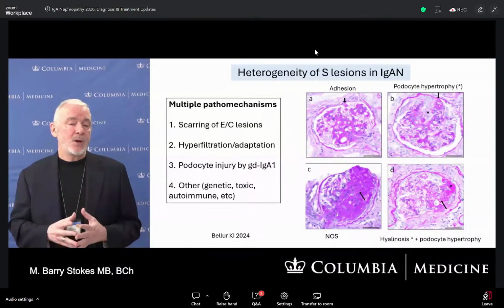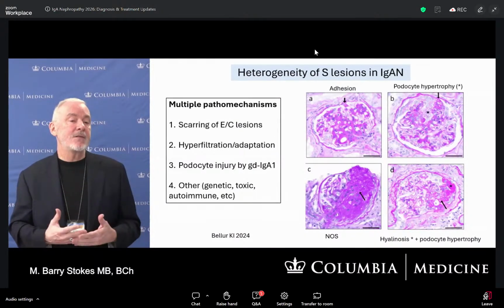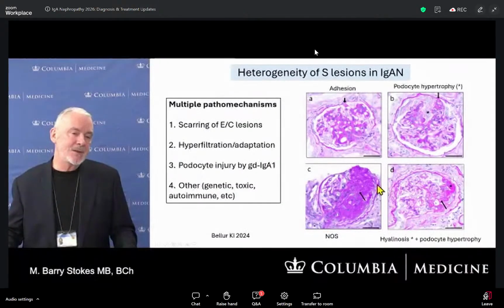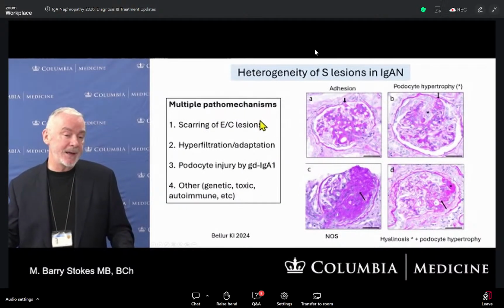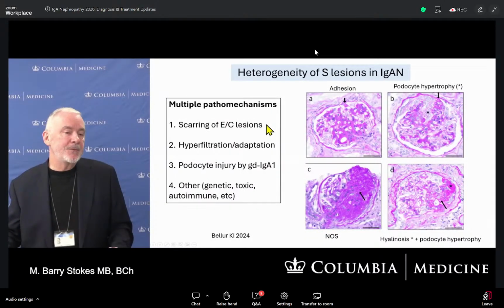And one reason why we see such a diversity of lesions with S is that they can result from different pathomechanisms. And I think probably the commonest explanation when you see segmental lesions in an IgA biopsy is that these were old E lesions, endocapsular proliferative or crescent lesions that have scarred. But FSGS can also develop